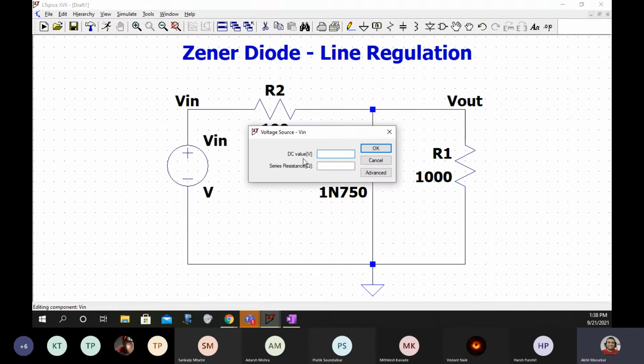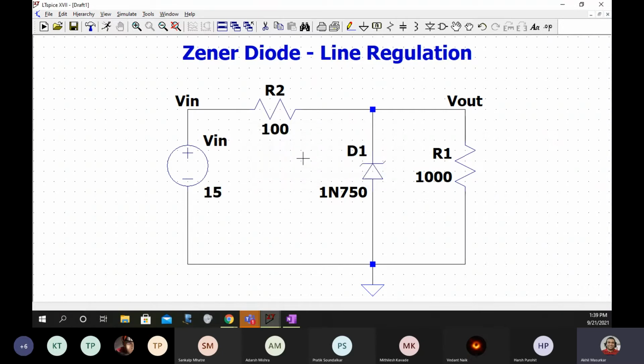And the value of this would be 15 volts max. But now I want to change the value from 0 to 15.